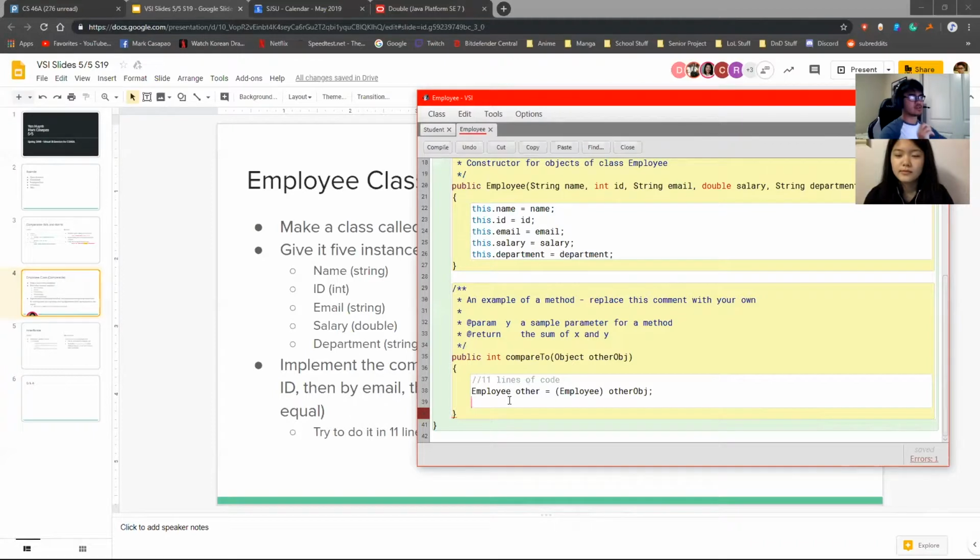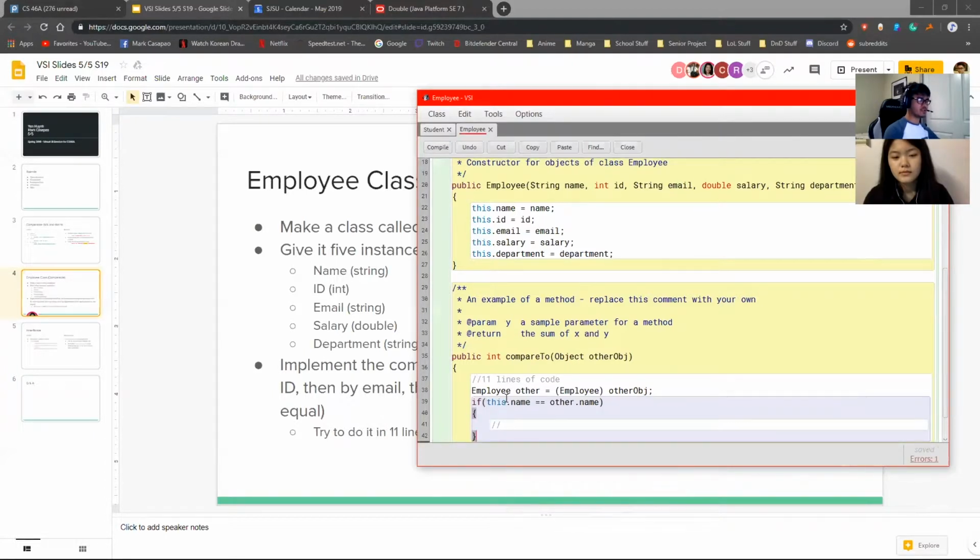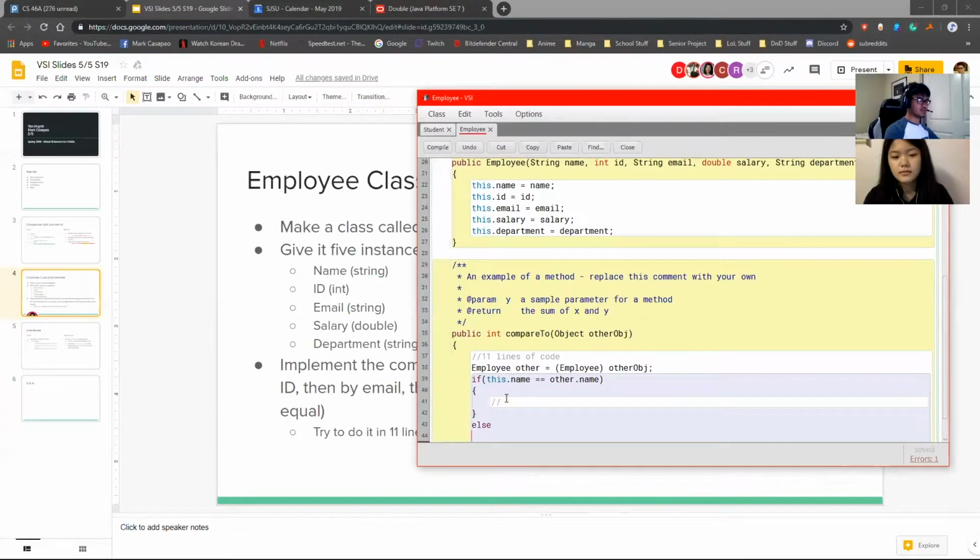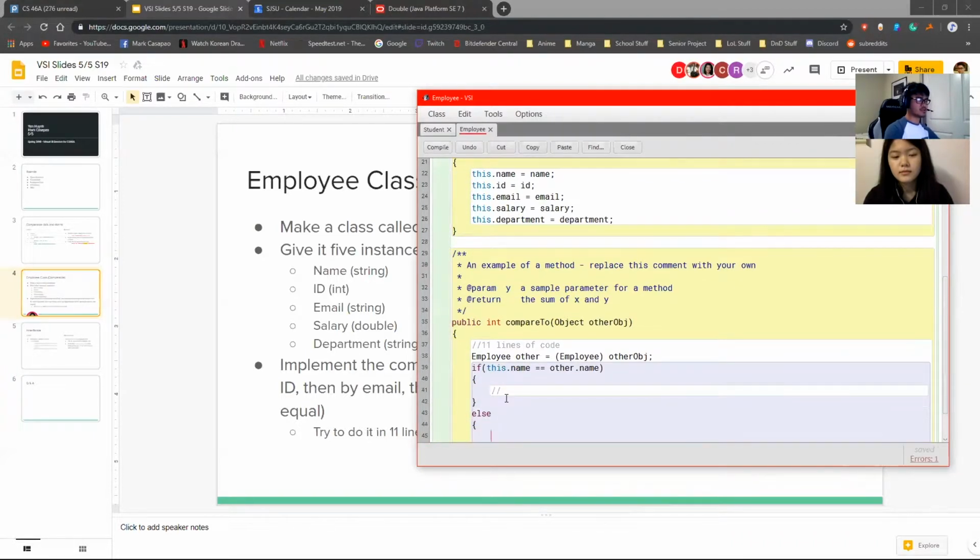So how do we do that? If we do this, where we say this dot name equals other dot name, and then we do something here, and then there will be else, and then here, and then